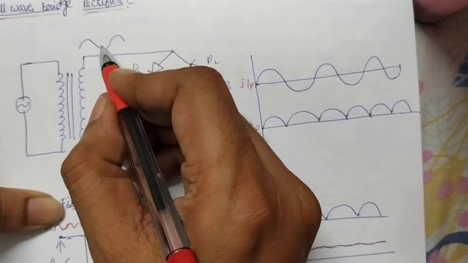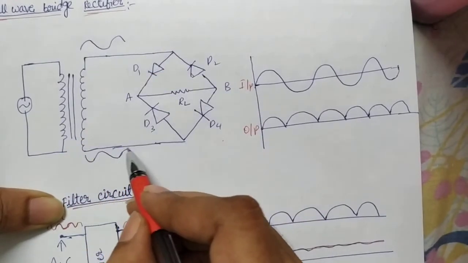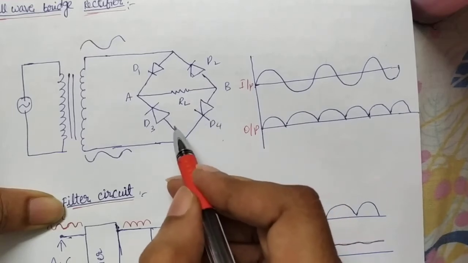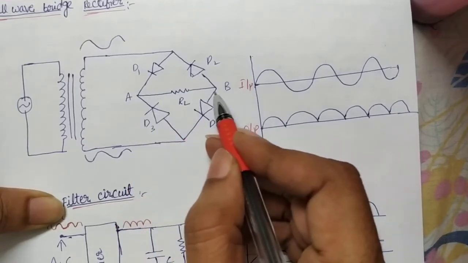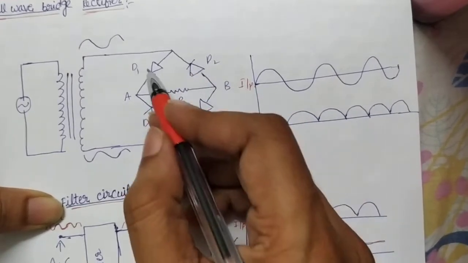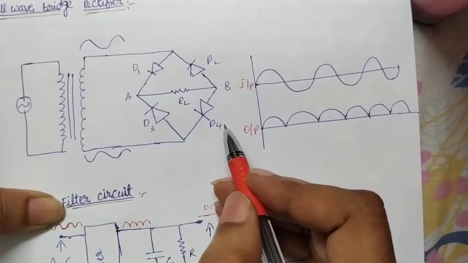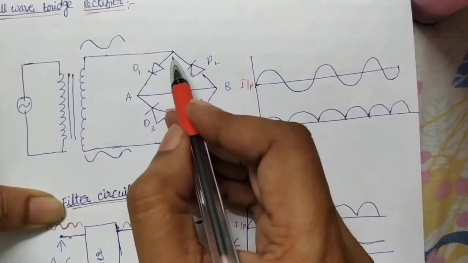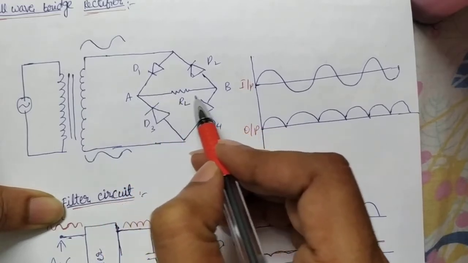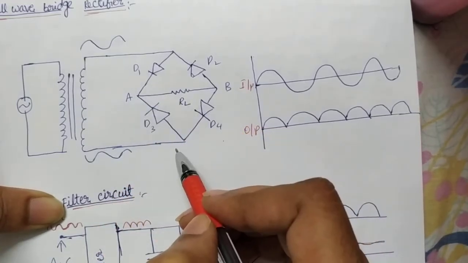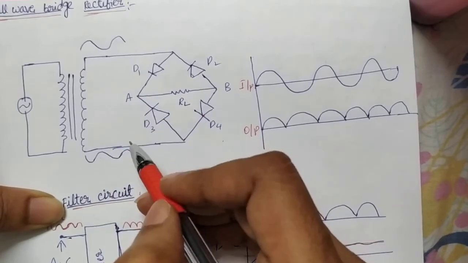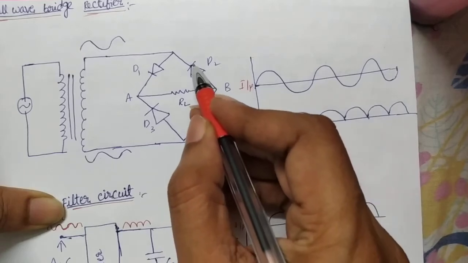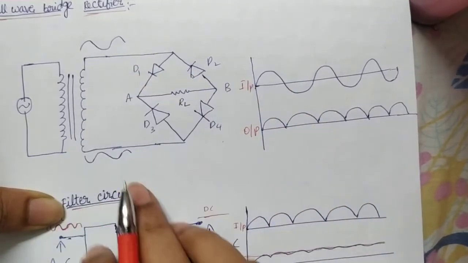Suppose immediately this becomes negative and this becomes positive. Now what happens? Current flows from here to there, and this diode is reverse biased, so it won't flow like this. This is forward, and current flows like this and goes like this. These two are reverse now. So what happens in both cases? In the first case, current flows like this for the positive half loop, and here current flows from A to B and finally comes to the negative terminal. Now this becomes the positive terminal and this becomes the negative terminal, and this is forward bias. Current flows from A to B and through D2 to the negative terminal.